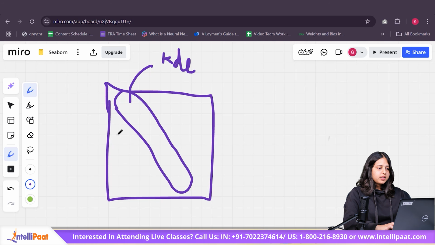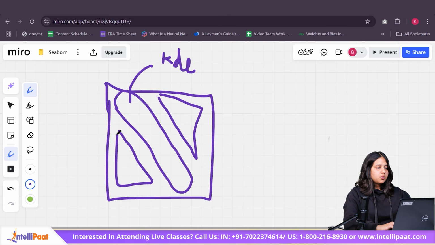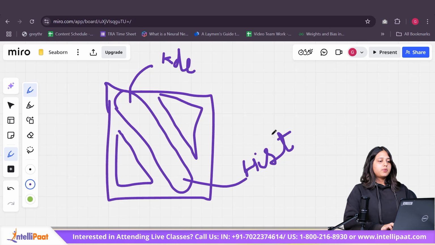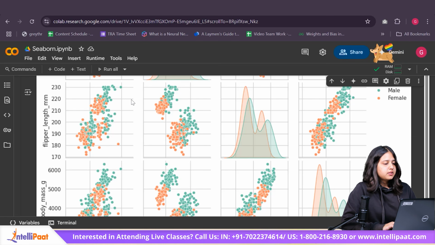And then what we're left with is a lower triangle and an upper triangle. So we have scatter plots for our lower triangle as well as upper triangle. For our diagonal, we can either specify our distribution to be a KDE plot or it can be a histogram. So I've just written hist over here. So this is basically what's happening.